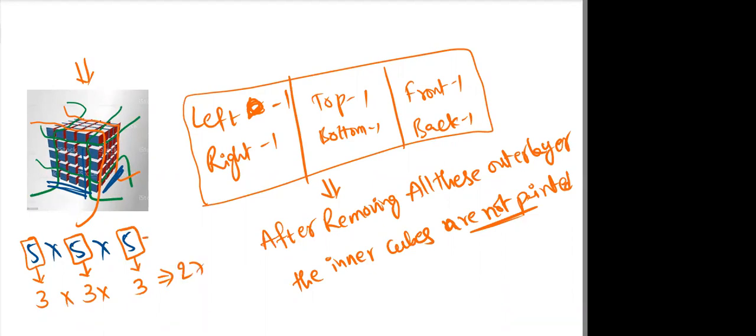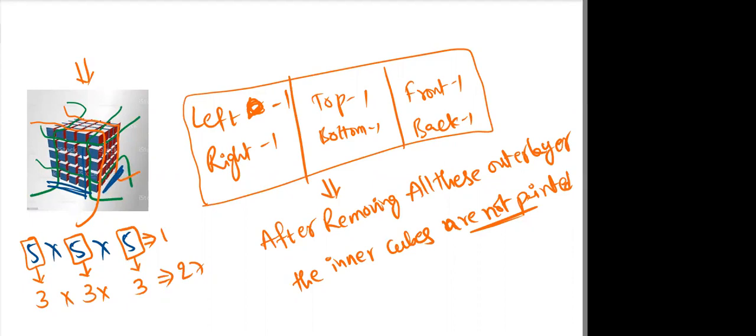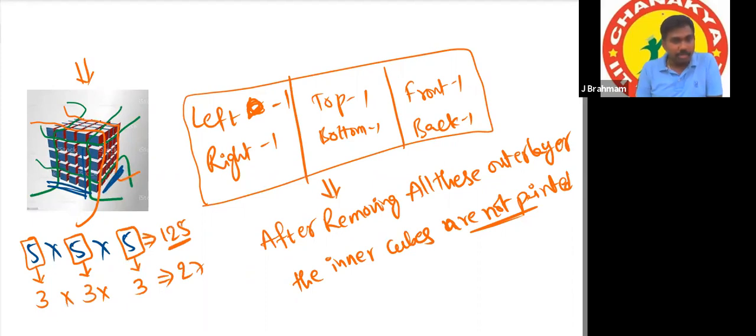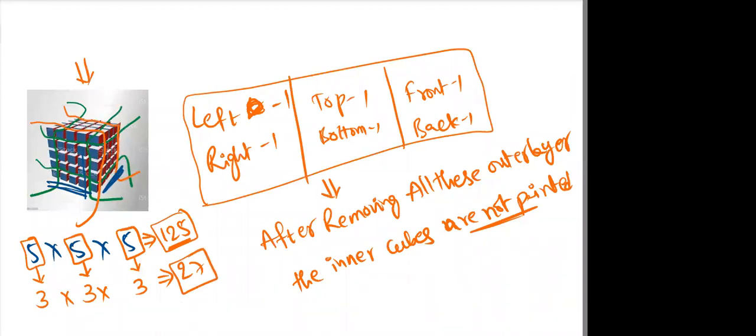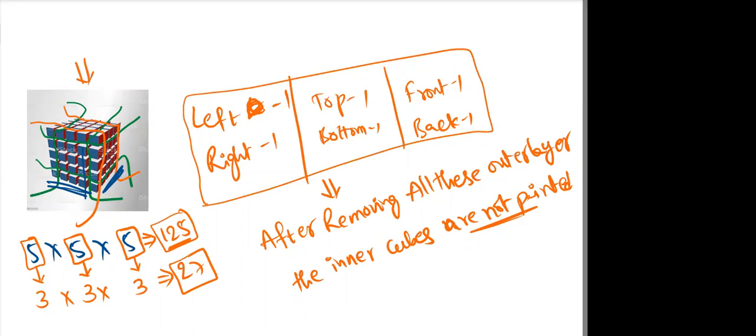Actually, we have cut the cube into 5 by 5 by 5, which means there are 125 cubes in total. But out of those 125 cubes, there will be 27 cubes which are not painted at all. So sir, basically whatever the height, length and breadth, you have to subtract 2 from each of them, and then you get the answer. Yes, sir, on each number we have to subtract 2.